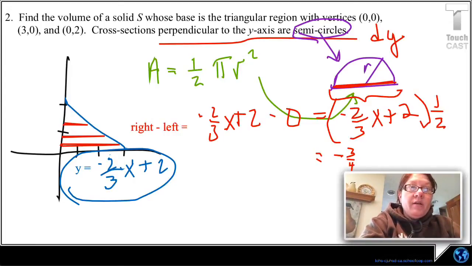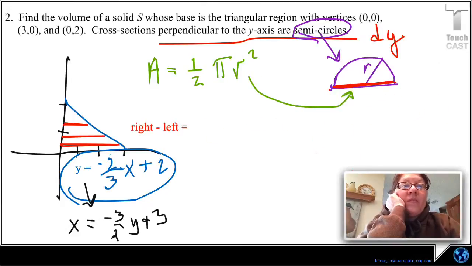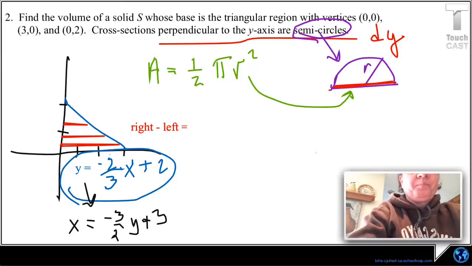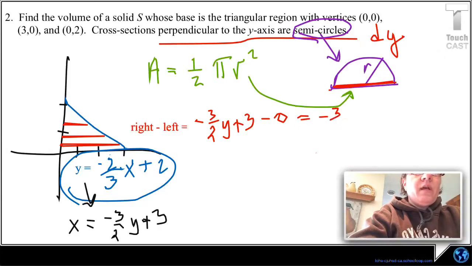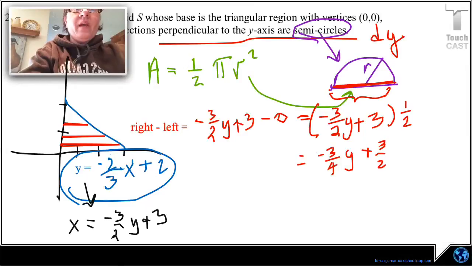Guess what I forgot? I'm integrating with respect to y, so I need everything in terms of y. Okay, going back and fixing it now. Erase your notes and fix with me. So now my right minus my left is negative 3/2 y plus 3. That's the right where it touches the blue line, and then minus 0, which of course simplifies to negative 3/2 y plus 3. But again, this is still the diameter, so I need half of it,